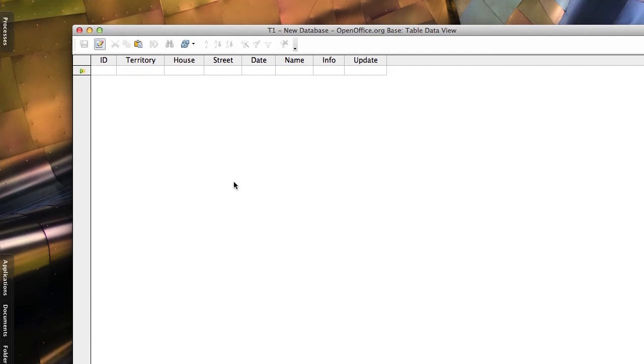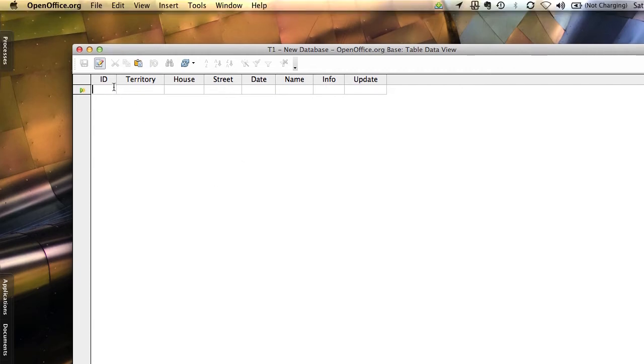Start putting in your information. So if we start out with your ID, you got 1, then you can just tab it, and of course, as you can see with the 2 zeros, it only does 0, 1, which is fine. You could probably do 3 leading zeros, and 0, 0, 1 would be better. And then of course you want T1 is your territory, house, let's say 1, street, Smith Street, the date, we